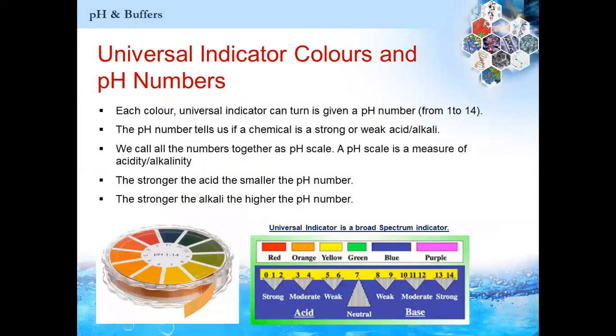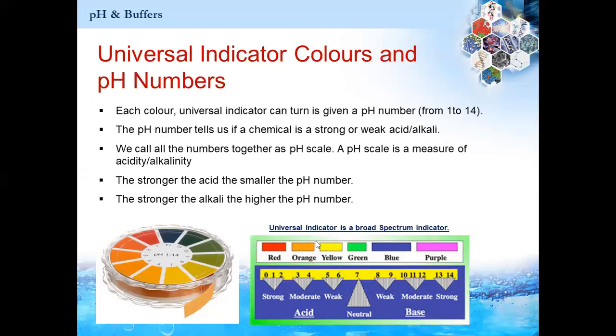So now moving on to the next slide. This change of color can be correlated with the pH scale or the pH values. In my earlier video, I have already discussed what pH and the pH scale are. Usually it is a measure of acidity or alkalinity, and the scale ranges from 1 to 14. So anything below 7 is said to be acidic, and any value above 7 is said to be basic.